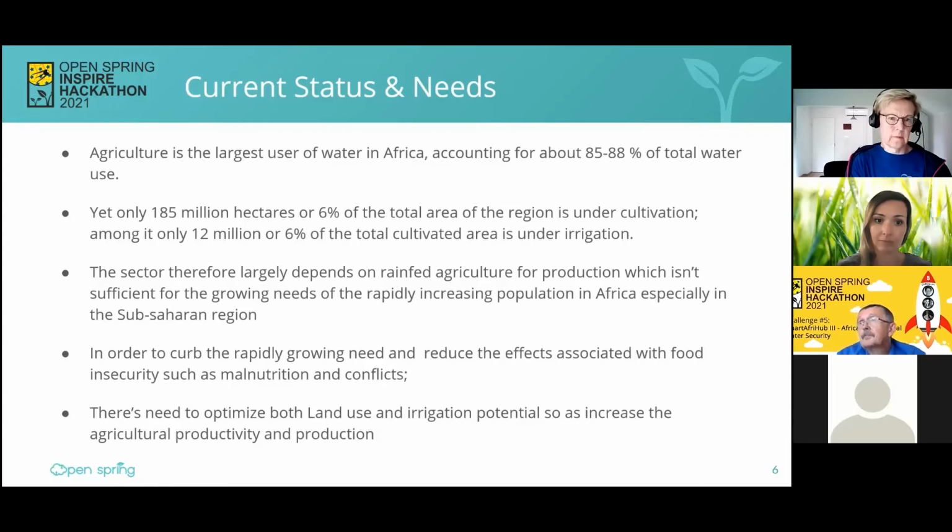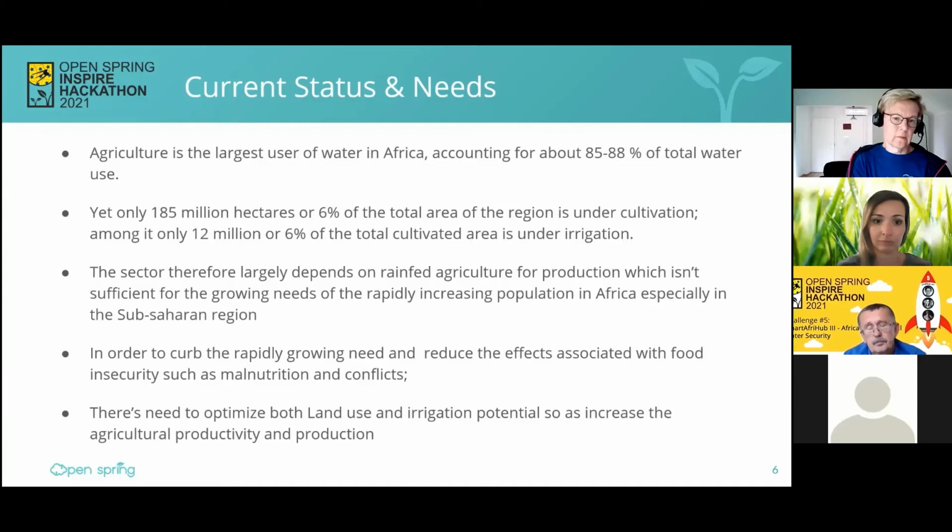So solutions are sought to curb this problem, because the rapidly growing population in this region of Africa is posing many issues as regards food security, with various associated effects that include the insecurity, malnutrition and conflicts in different areas.